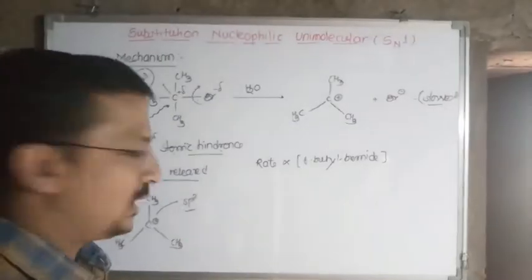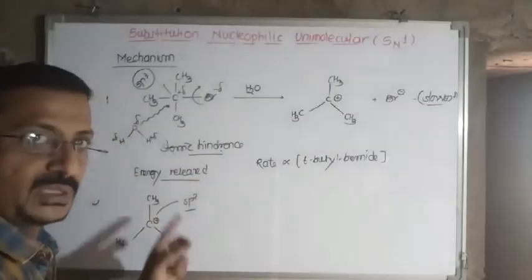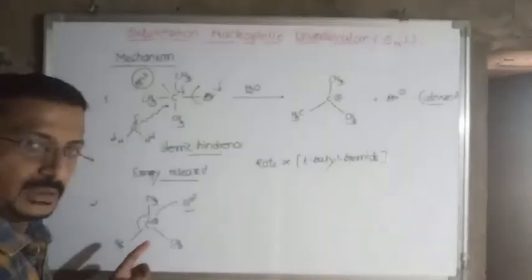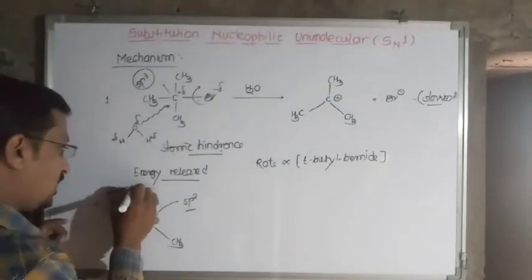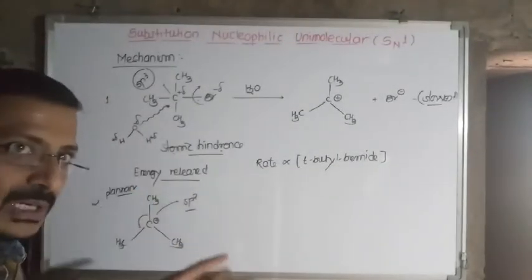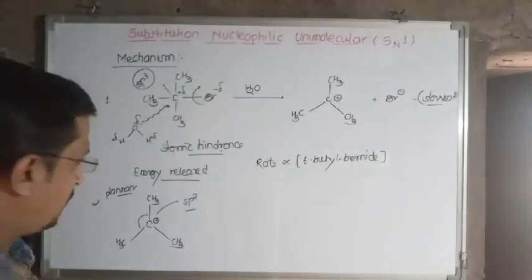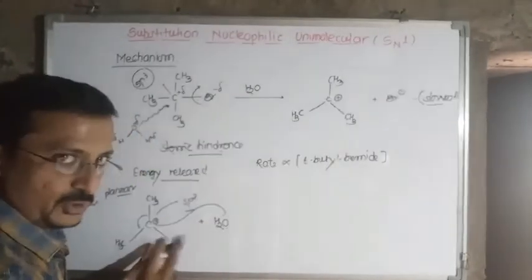The hybridization changes and at the same time it becomes planar in nature, with a 180 degree bond angle. Due to the planar nature, the steric hindrance or crowding is reduced to some extent, and now water, which is present, easily attacks the positively charged carbon of this carbocation,